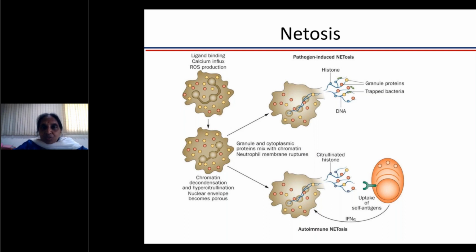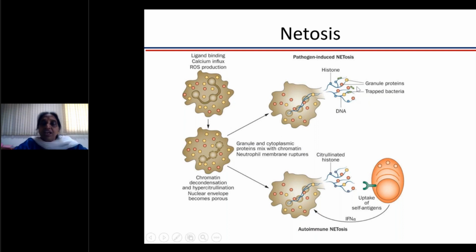So whenever the neutrophil gets activated, when you get reactive oxygen species, there is citrullination. There is conversion from arginine to citrulline in the histone. Histone is a protein. So once there is a citrullinated histone, the DNA opens up. The opening up of DNA also causes certain changes, which cause decondensation, and these enzymes, myeloperoxidase and others, will cause the cell membrane to rupture. But it is a very controlled rupture, and that will cause release of a certain amount of DNA plus these enzymes plus antibacterial products.